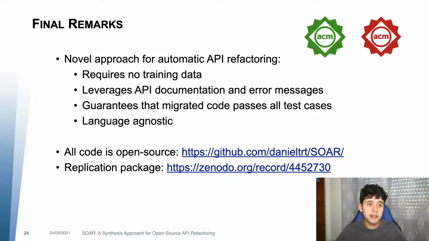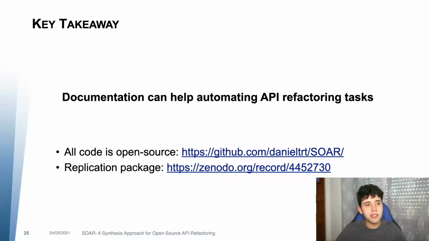We also provide the source code, so all the code is open source, and we have a replication package that you can use to reproduce all of our results. The key takeaway from this talk is that documentation can also help in API refactoring tasks. Thank you for your time.